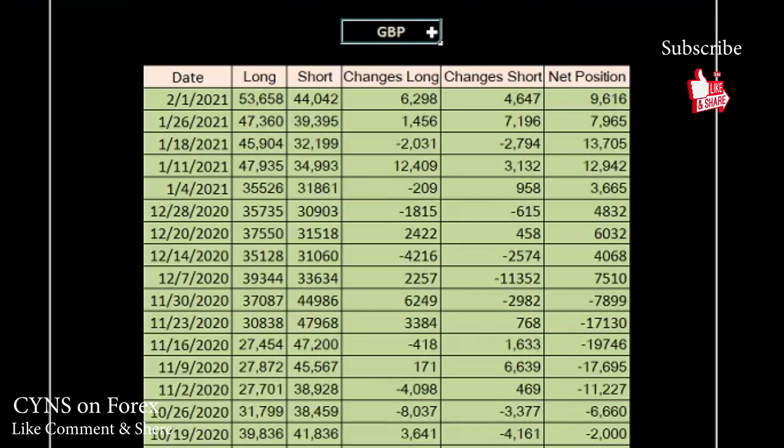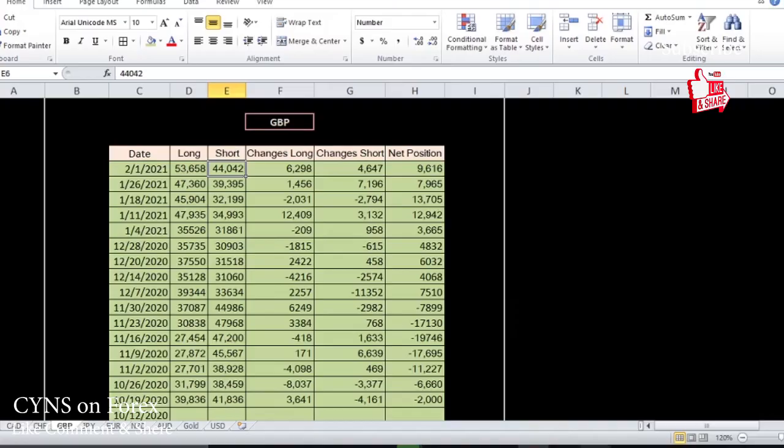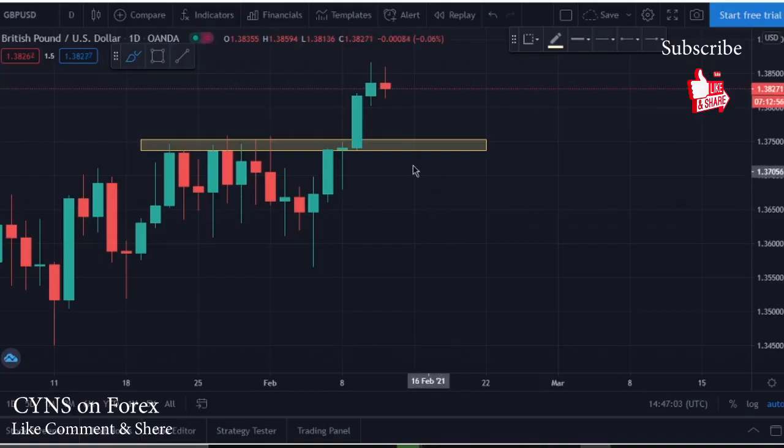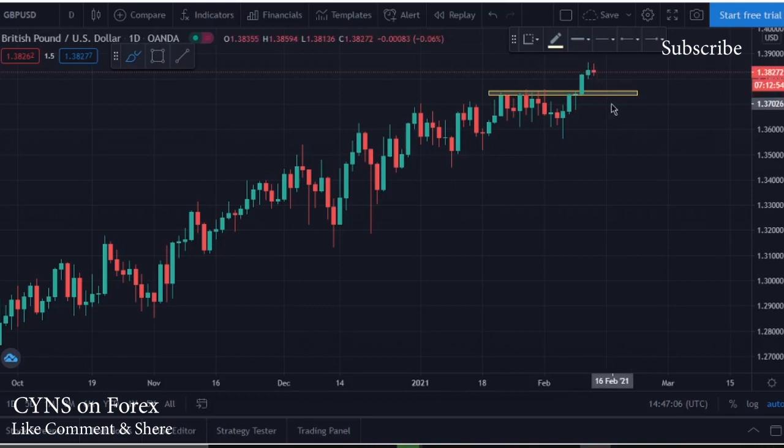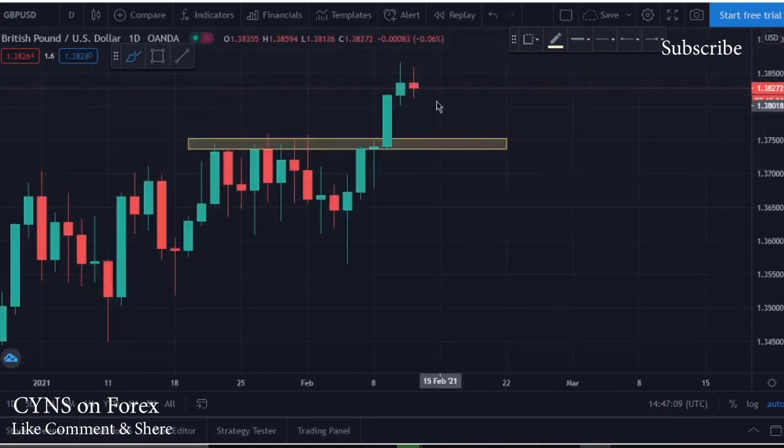What we can see is that in the last report the net position has started to decrease, from 13.7k to 9.6k, with 7k shorts added in the previous report and 4.6k shorts added in the last report. Obviously we still have longs getting added, actually more longs than shorts in the last report, and in fact GBP USD just made a nice movement to the upside. But overall we can definitely expect the market to give us a correction in this kind of situation. Overall, what we can expect is a nice move to the downside.